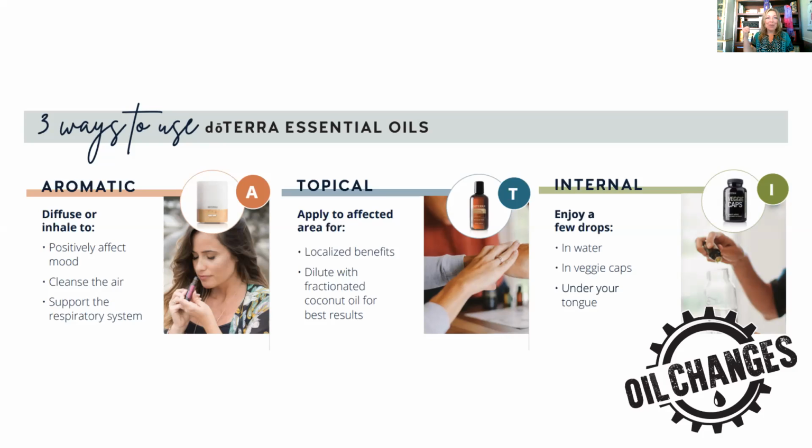I can grow lavender in my backyard. I can grow potatoes in my backyard, but they're not going to be as good and as powerful and chemically superior as they would be if they were grown in the hills of France where lavender is grown, or Idaho potatoes. Are Idaho farmers the best potato farmers? Maybe, or maybe it's because the weather is just right, the minerals, the sunshine, that environment is perfect for growing those. So keep that in mind as you're thinking about what you're breathing in and how you're using that oil